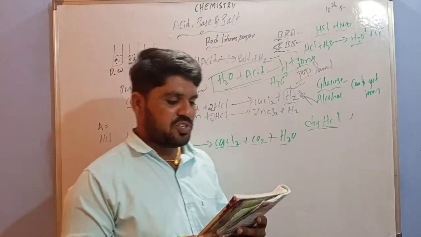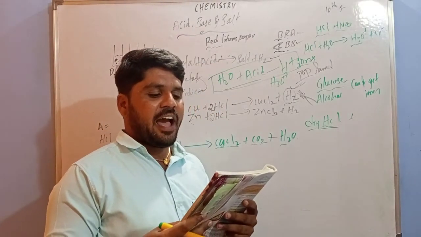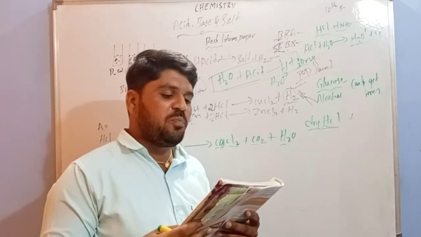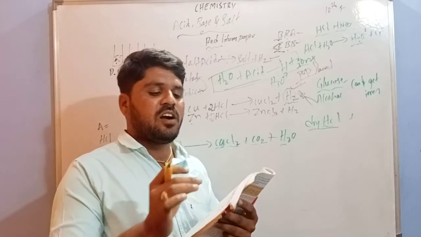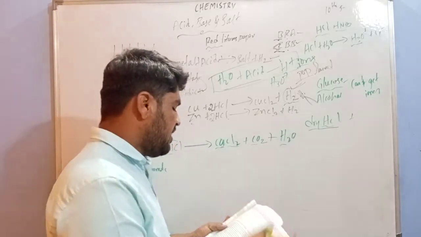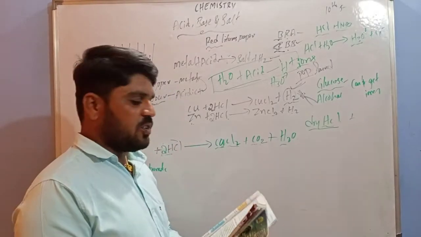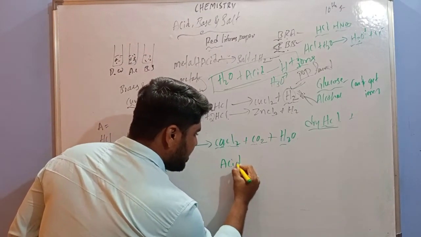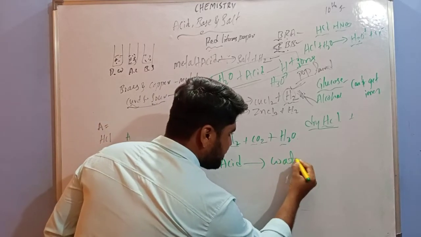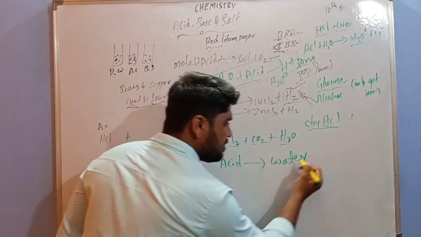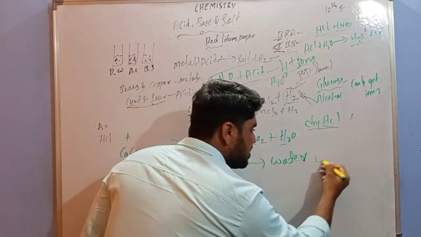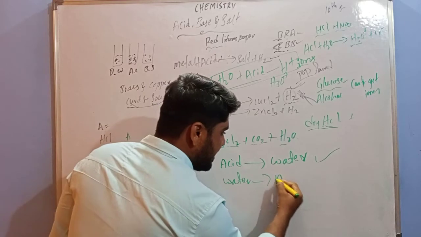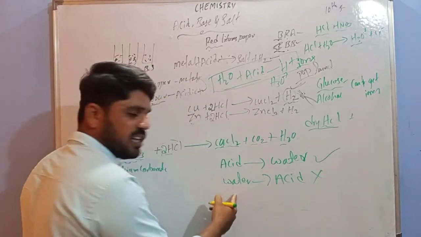Next, the fourth question. On diluting an acid, why is it recommended that acid should be added to water and not water to the acid? I already told you about this in the last class. So you have to add acid to water on dilution. Why do we follow this procedure? Why is water not added to the acid? This is the wrong method.